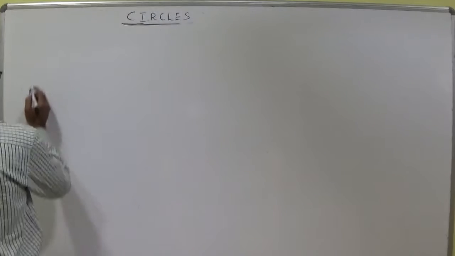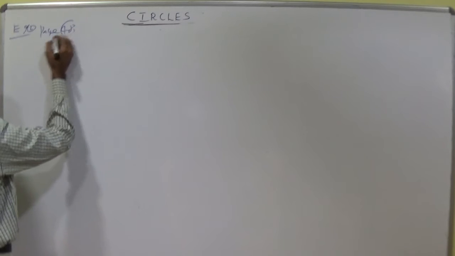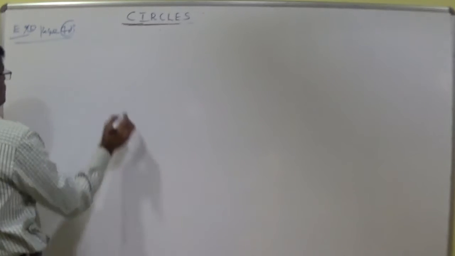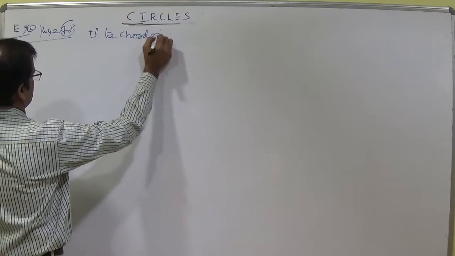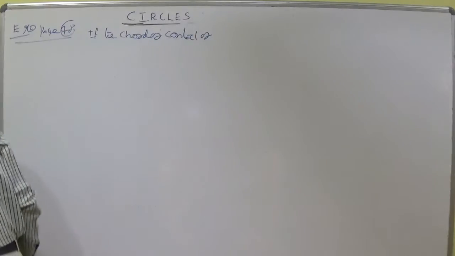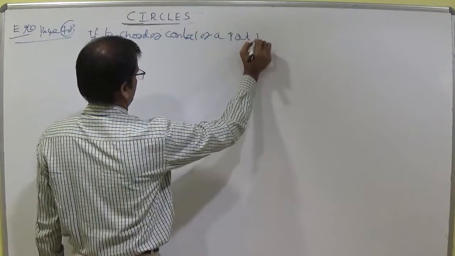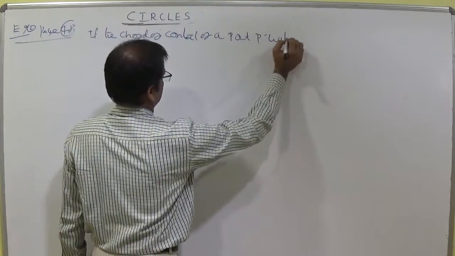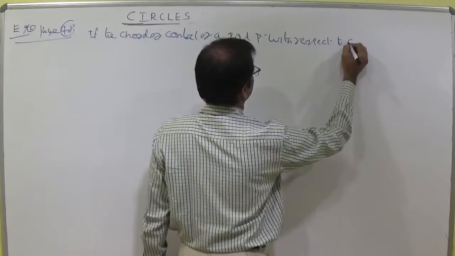Example 2, page 48. If the chord of contact of a point P with respect to the circle